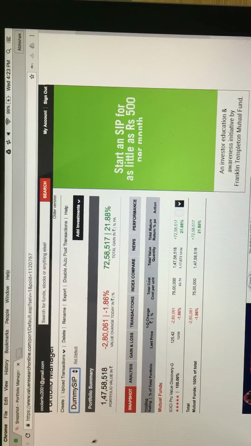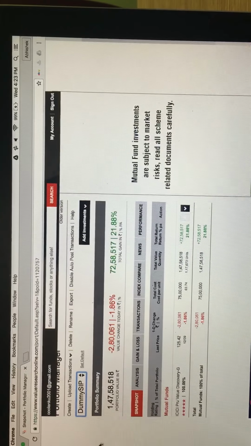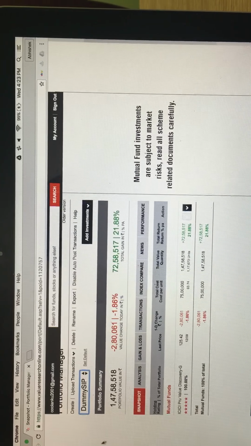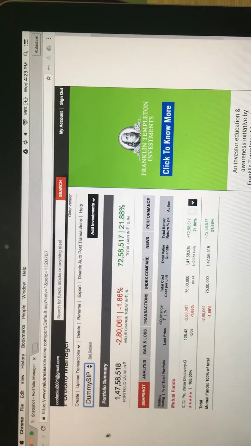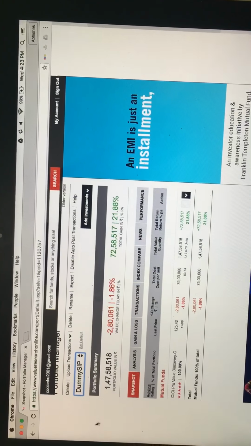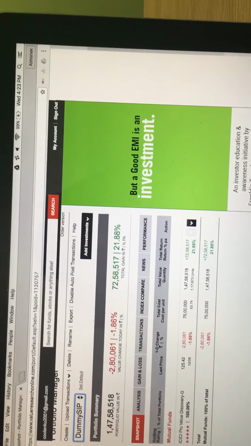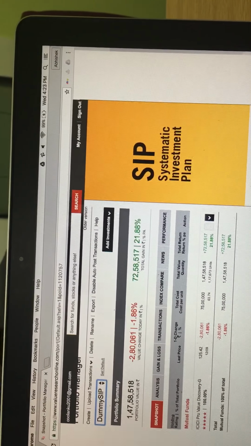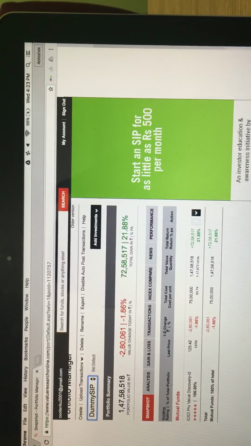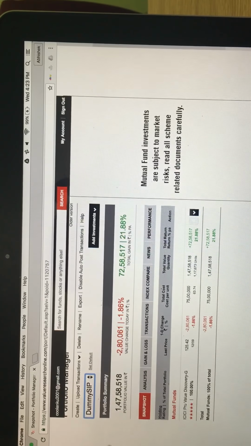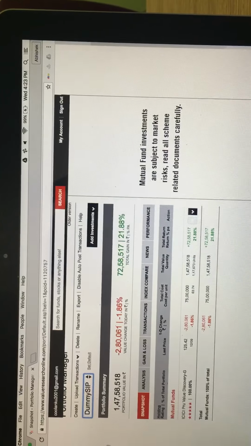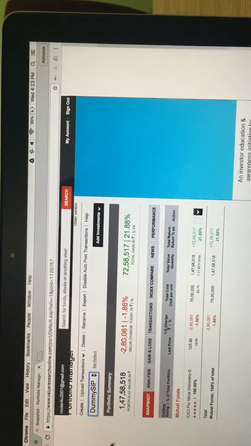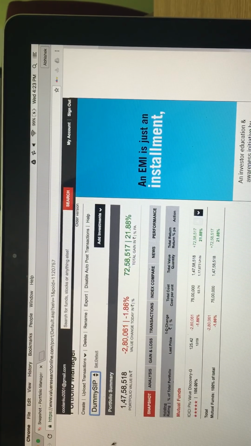An STP is, let's say, instead of every month, I have a lump sum lying in a bank account, for example, 20 lakh rupees. What we do with this 20 lakhs is, for an aggressive client, we don't invest it directly into equity. We feel that we or anybody else cannot predict or time the market with 100% accuracy. At max, if somebody can go and time the market and predict the